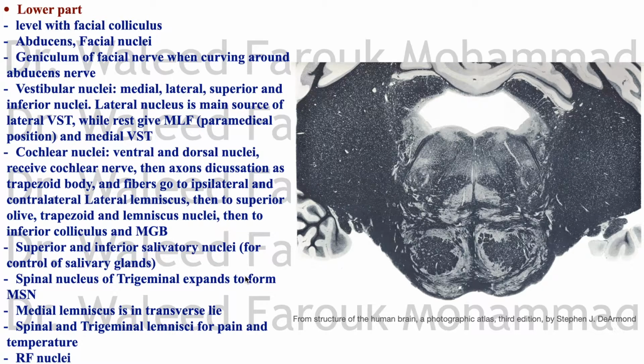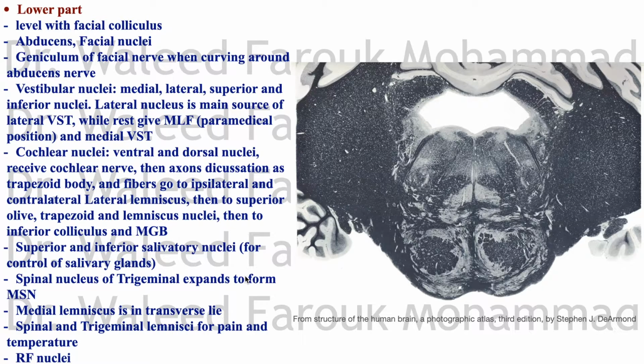Remember from the head and neck lectures, the parotid gland receives its parasympathetic supply through the glossopharyngeal nerve, and the rest of the glands, like the submandibular and sublingual glands, receive their parasympathetic supply through branches of the facial nerve. To be precise, it's the chorda tympani branch of the facial nerve. Remember that, the chorda tympani, that branch of the facial that joins the lingual to deliver it to the